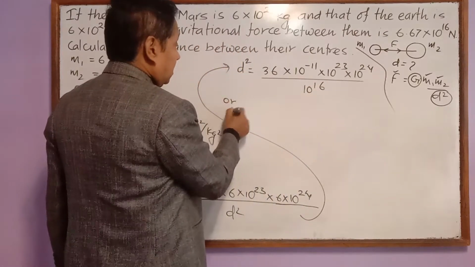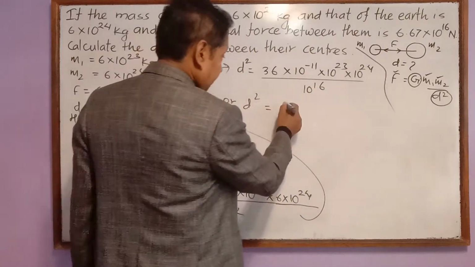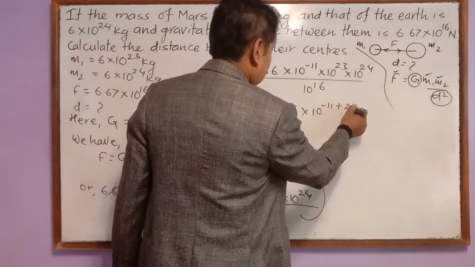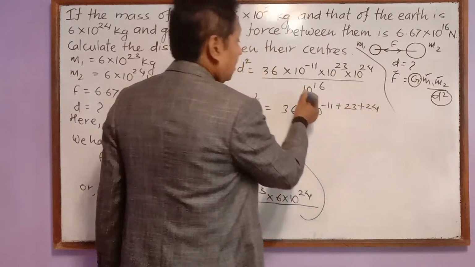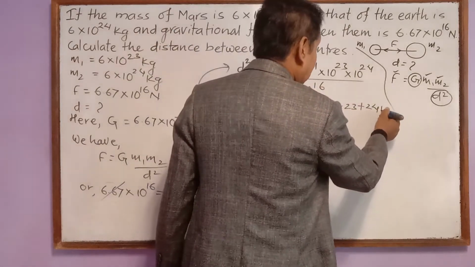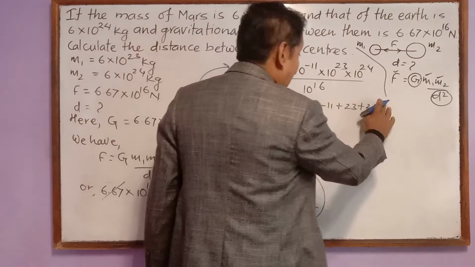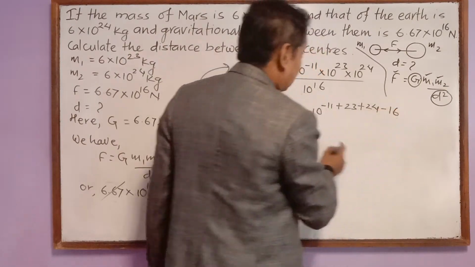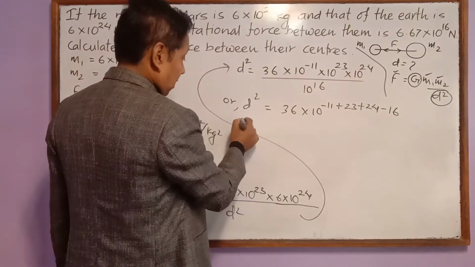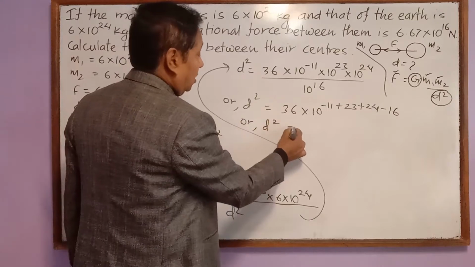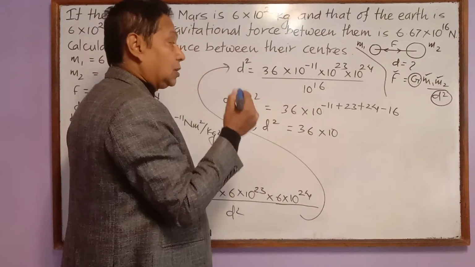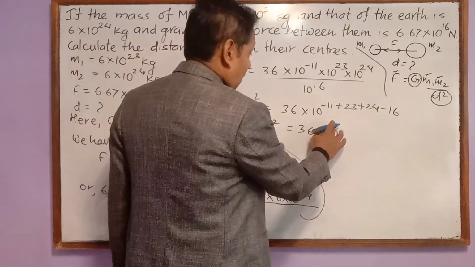Now what can I write? D square is equal to 36 into 10 to the power minus 11 plus 23 plus 24, and 10 to the power 16, if taken to the numerator, then this 16 becomes minus 16. That's why I'm writing minus 16. If they have the same base, we can add and subtract their powers. That's why we are doing it this way. Or D square is equal to 36 into 10 to the power minus 11 plus 23 plus 24 minus 16. If we do all this, then